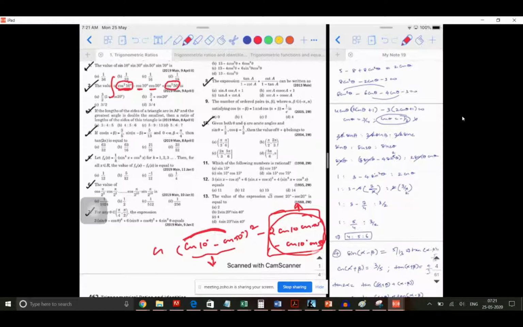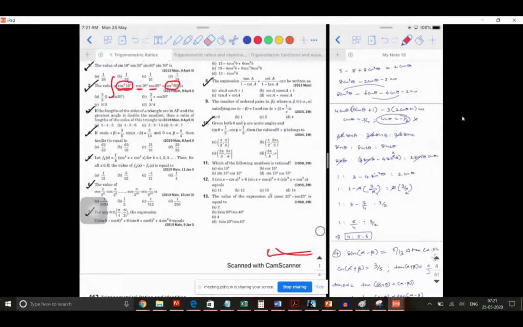Is it possible for us to do the integral of cos square? Whenever you have the integral of cos square, what do we think of? You use the half-angle formula. You write it as 1 plus cos 2 theta by 2. 1 plus cos 2 theta is going to be 2 cos square theta, so this 2 will come to this side. So cos square theta will be written as 1 plus cos 2 theta by 2.